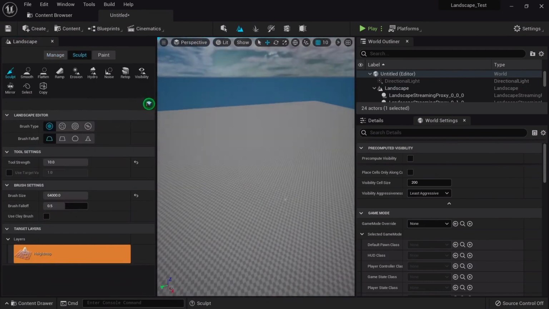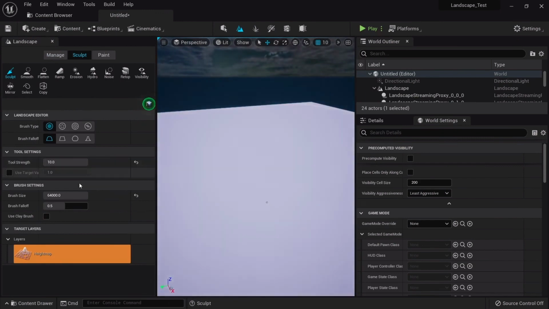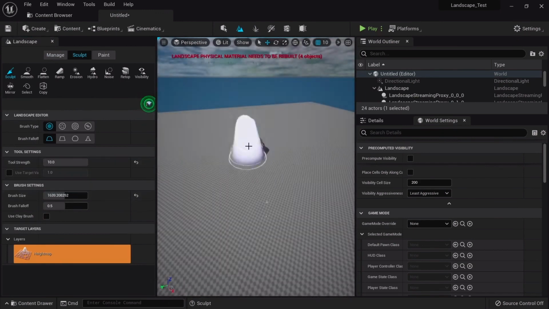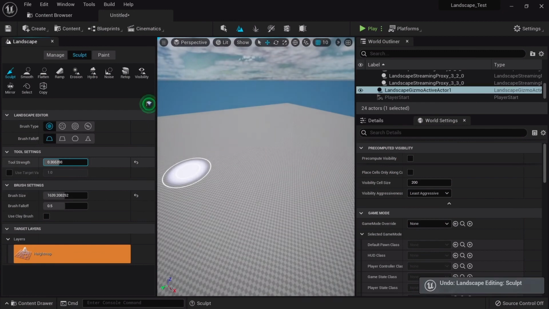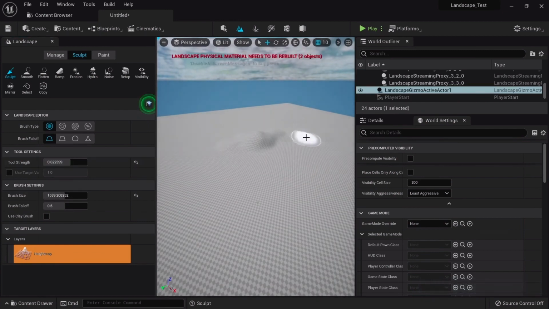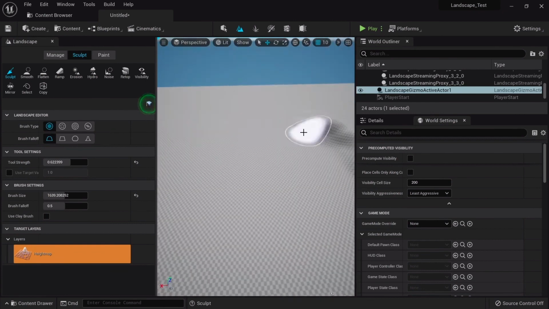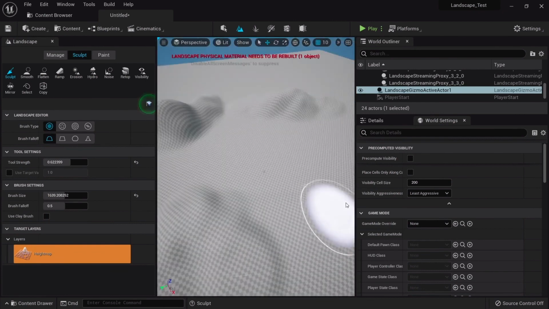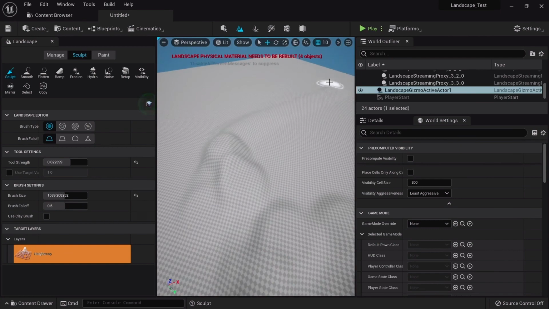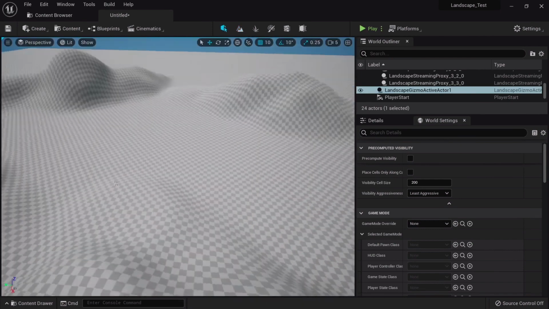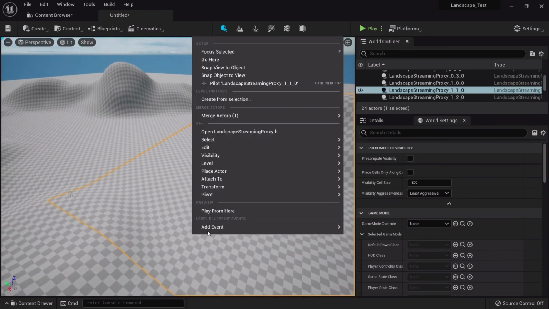Okay, so this is it, and I will sculpt something here, just so I can take a look at something here. There you go. Something like this. All right. So I have my landscape here. So when I play,